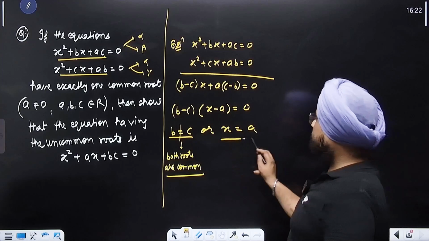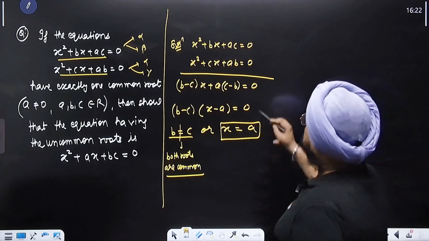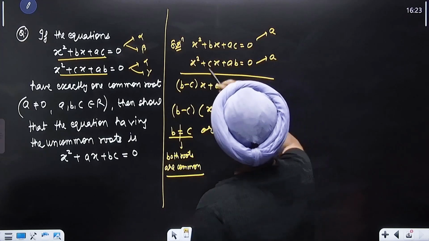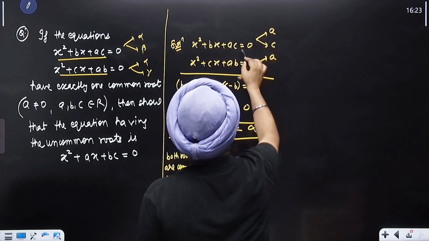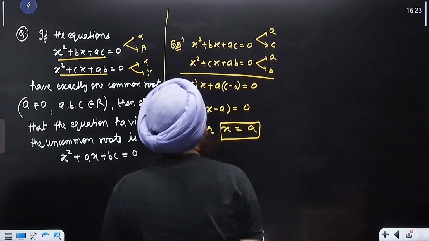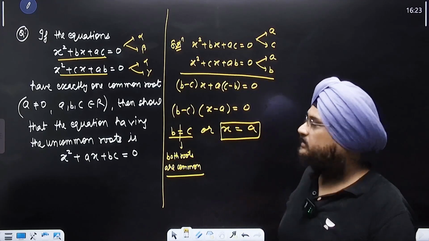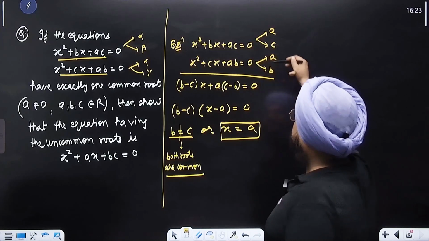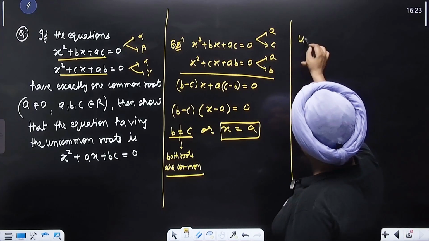Now the common root is x is equal to a. A is one of the roots. From product of roots, we can say that another root is c, another root is b. A is the common root. One of the roots is a. So product of roots is ac, other root will be c. In the second equation other root will be b. So uncommon roots are